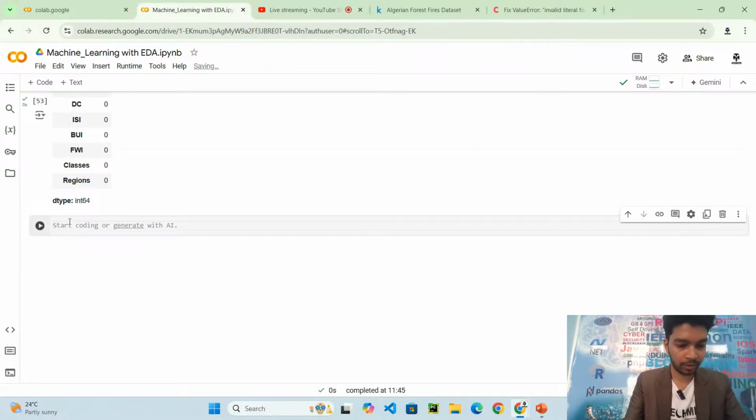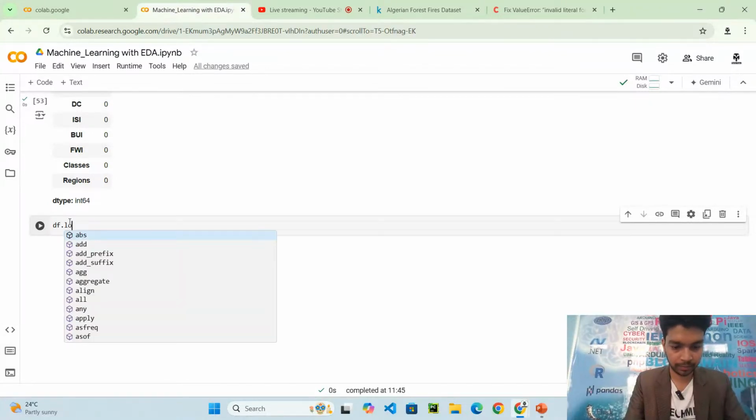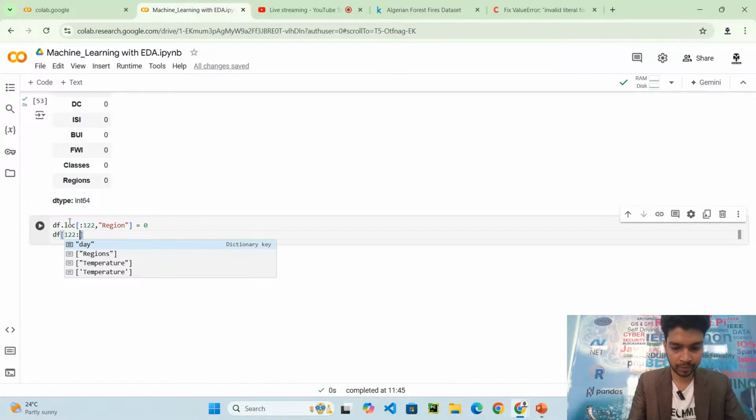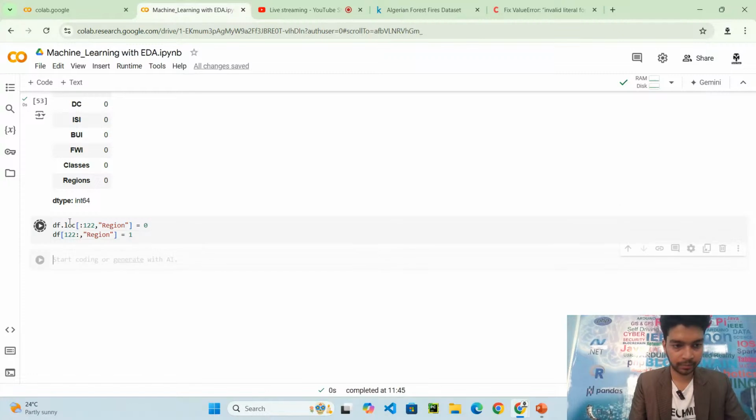So I will segregate the values with df.loc from the first till 122, and name it Region equal to 0. Then 122 onwards, Region equal to 1.